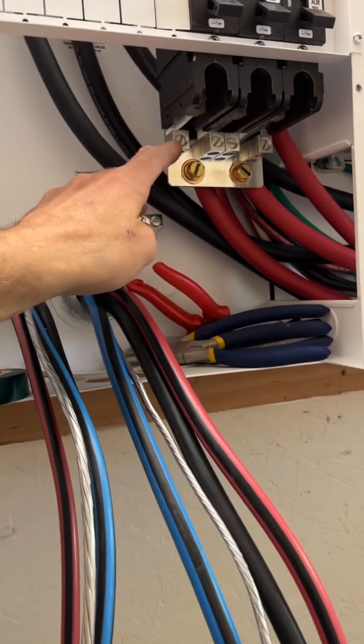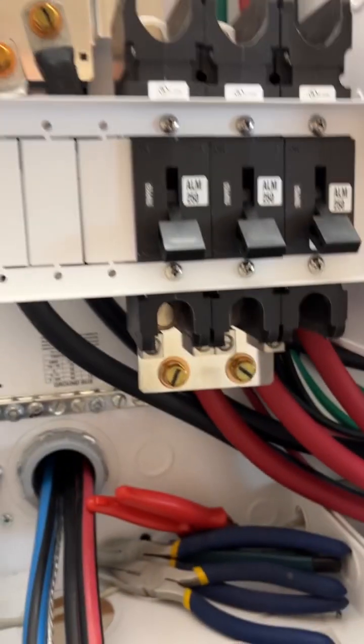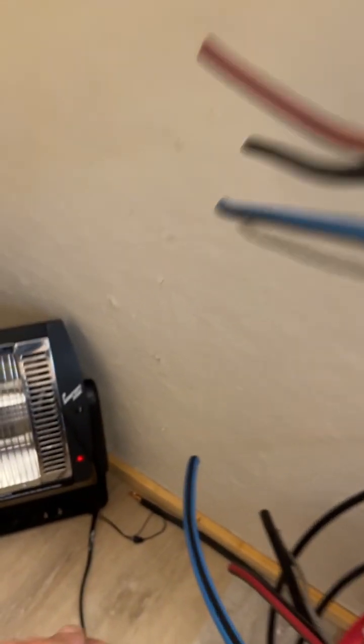I'm probably just gonna zip them down. Obviously, if they're meant to be clamped down, you don't have to run ferrules. It's just recommended because they say you get a better connection. But this wire,